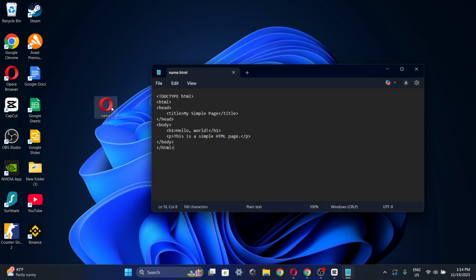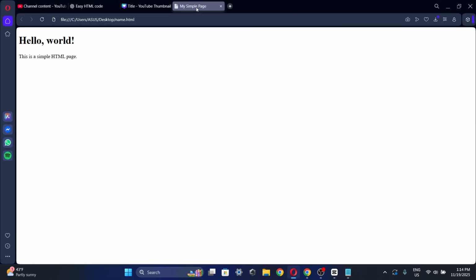So to open it, as you can see, our file is right here. Our save file is right here. So all we have to do now is to open it. So to do that, we are going to double click on it. And as you can see, as simple as this, you can open a HTML file in